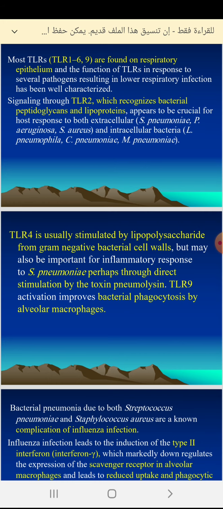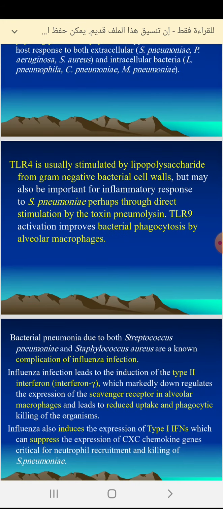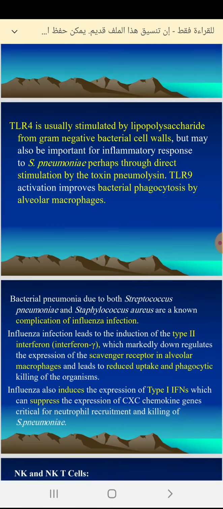بالنسبة للtoll-like receptor 4 is usually stimulated by lipopolysaccharide. These lipopolysaccharides are found on gram-negative bacteria cell wall. وأيضا الtoll-like receptor important for inflammatory response to Streptococcus pneumoniae بالرغم من إنه Streptococcus pneumoniae gram-positive bacteria. بس Streptococcus pneumoniae perhaps through direct stimulation by the toxin لها القابلية إنه تنتج أو excrete the pneumolysin اللي هو التوكسين. يعني ممكن إنه toll-like receptor يصير لها stimulation للستريبتوكوكس pneumoniae عن طريق